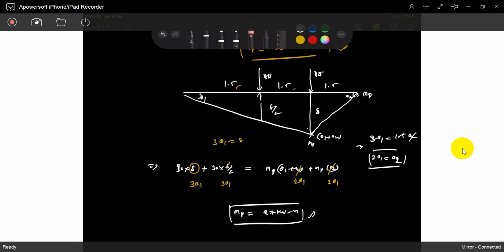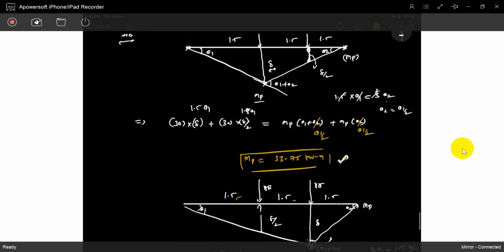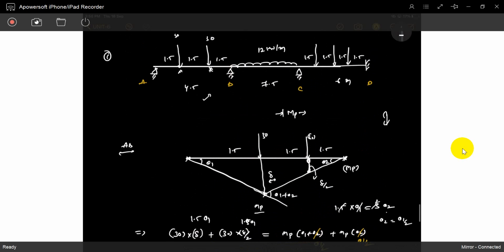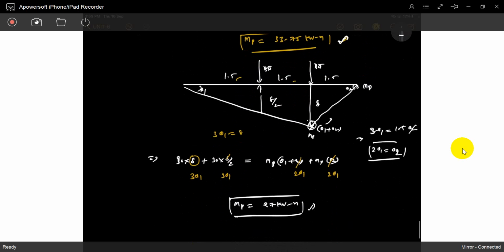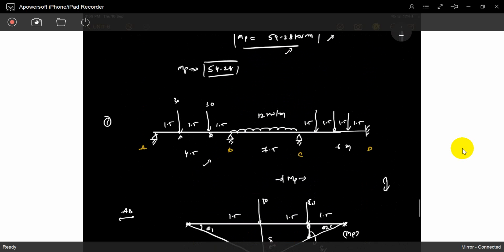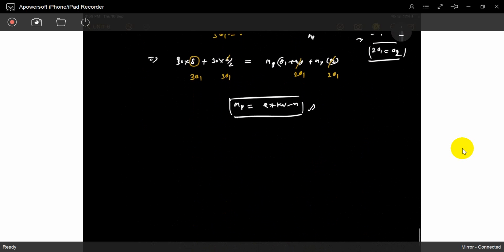So which one do we have to consider? We have to consider 33.75. If you only provide 27 and some 30, there is a chance of failure. So we have to take care of the highest value. It's the capacity. So for the AB span only, we have two possibilities. For the BC span, it is easy. Understood? So BC span is easy. AB we got it. AB we checked it.